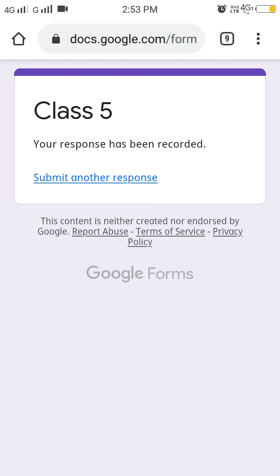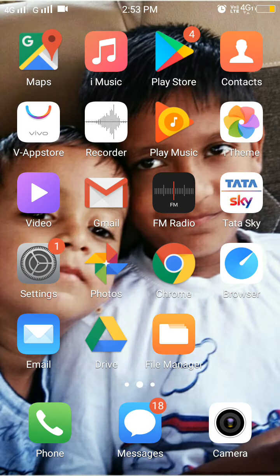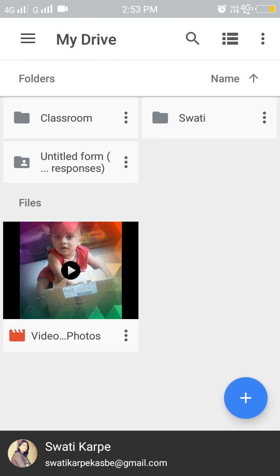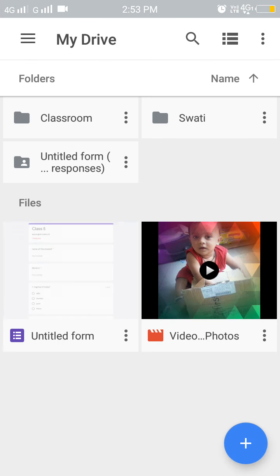Now at the teacher side, how will the teacher know who has appeared for the exam? So what we have to do? Go to Google Drive. This is Google Drive. When we go to Google Drive, you will be able to see your paper, your questions test which you have set in the Google Form.